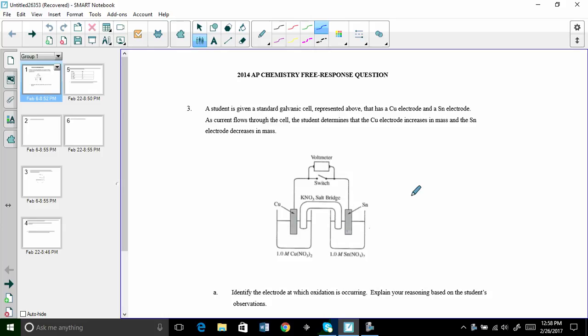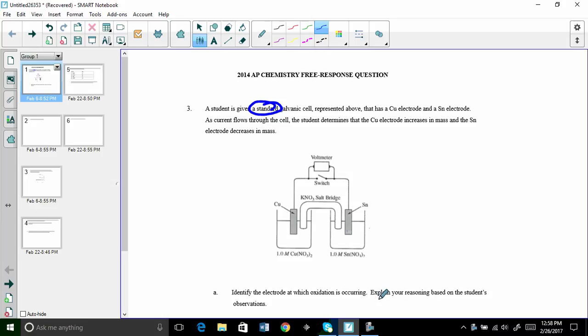A student is given a standard galvanic cell. Again, this word standard means that the solutions are 1 molar. It's at 298 K. That has a Cu electrode and a tin electrode. As current flows through the cell, it determines that the Cu electrode increases in mass and the tin electrode decreases